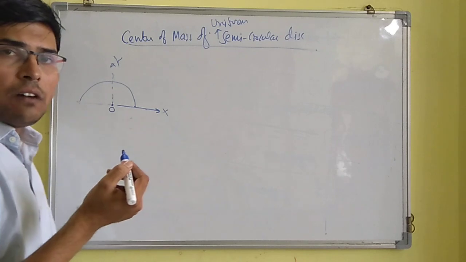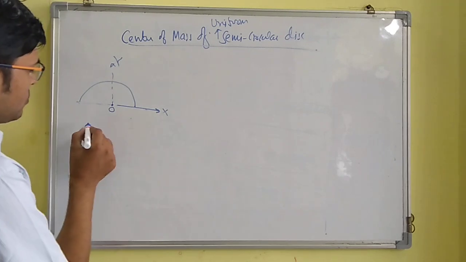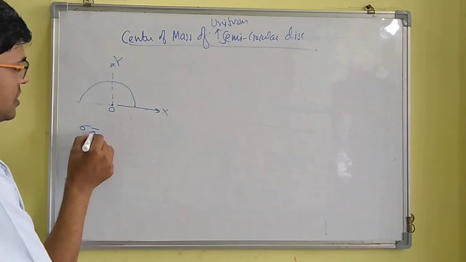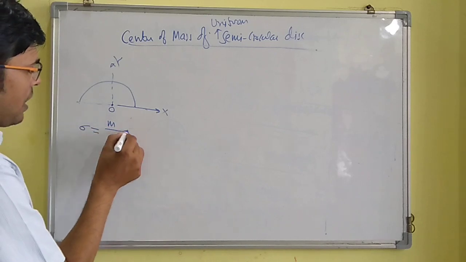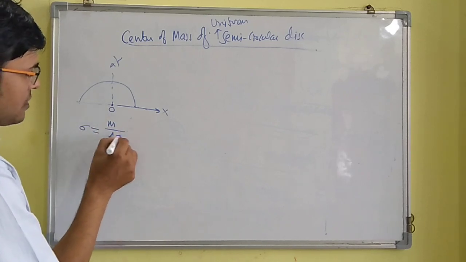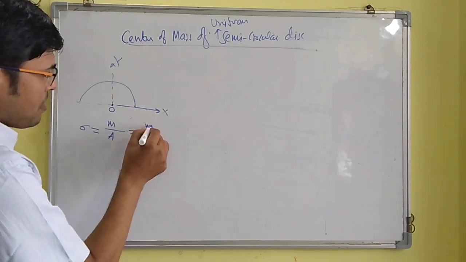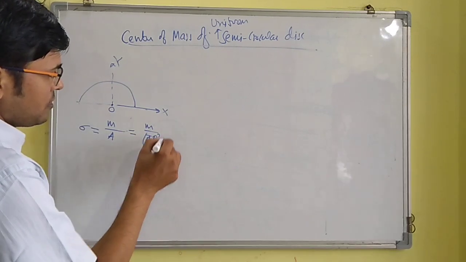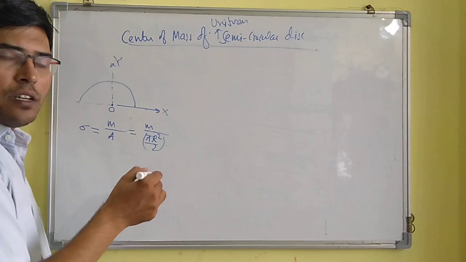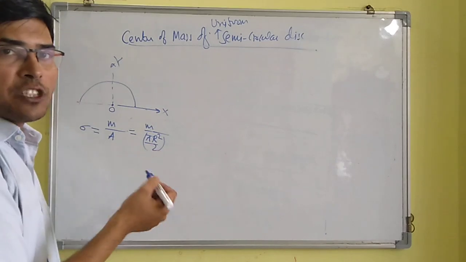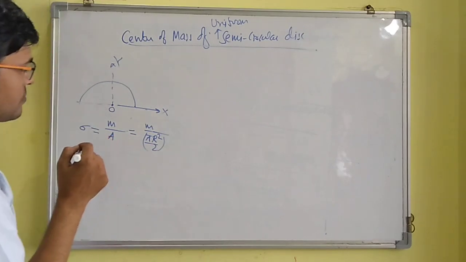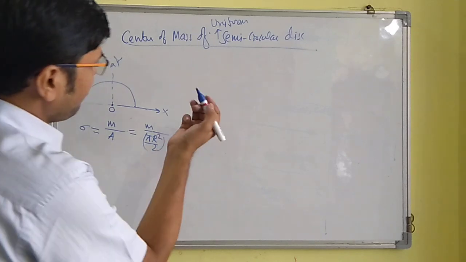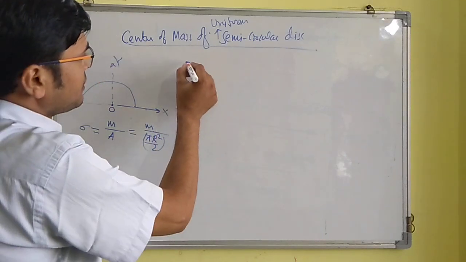Now we define our surface mass density. So sigma will be how much? This is m by area. So this is m by pi r square by 2. As this is semicircular disc, this area would be pi r square by 2. Now from definition, if we write,